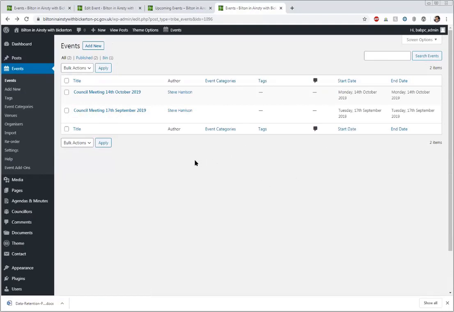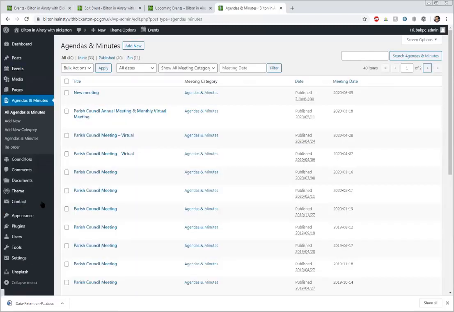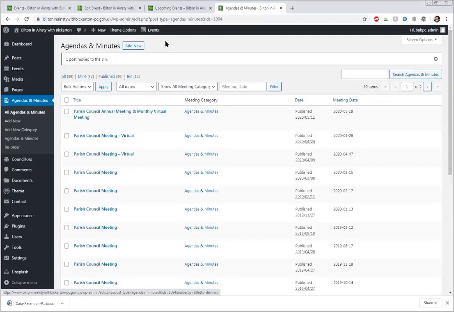But I mean, if we're not uploading to get the benefit out of that, would we create draft agendas in the agendas and minutes section, or do we just go to events and create the meetings for the year? Because what you're saying is if you go into agendas and minutes and create a new meeting, and then put your agenda in, that automatically goes through and creates in events if you've got that flag turned on.